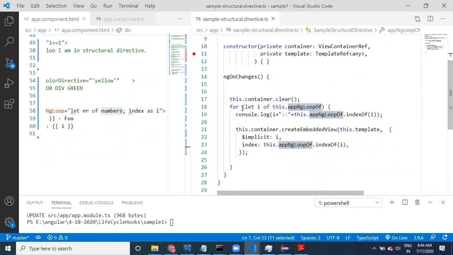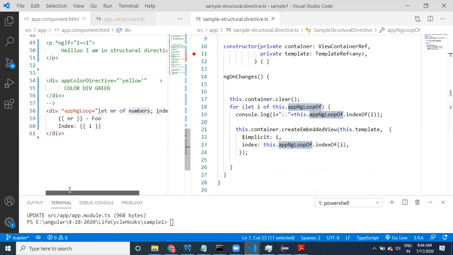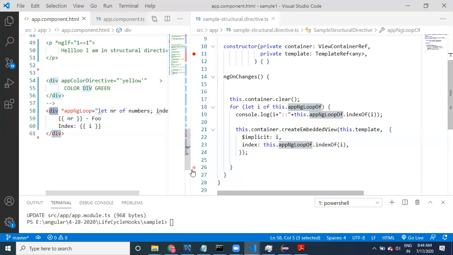Now we are iterating this, and for each value we have to create a div with respect to this template. We have to fill that template with this view, with this container. Container is div.